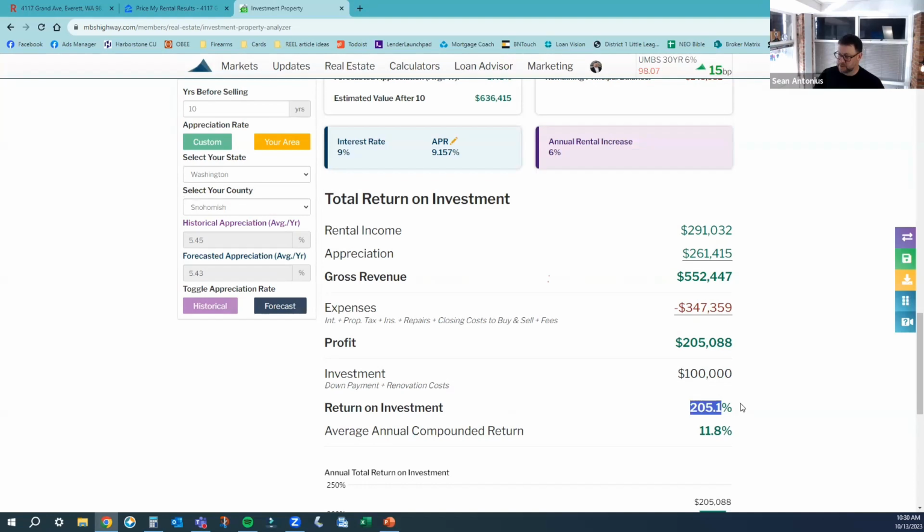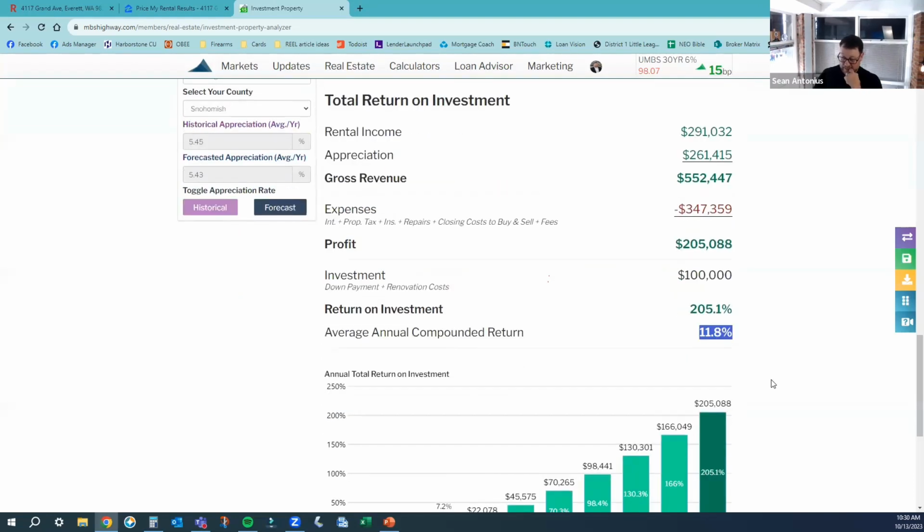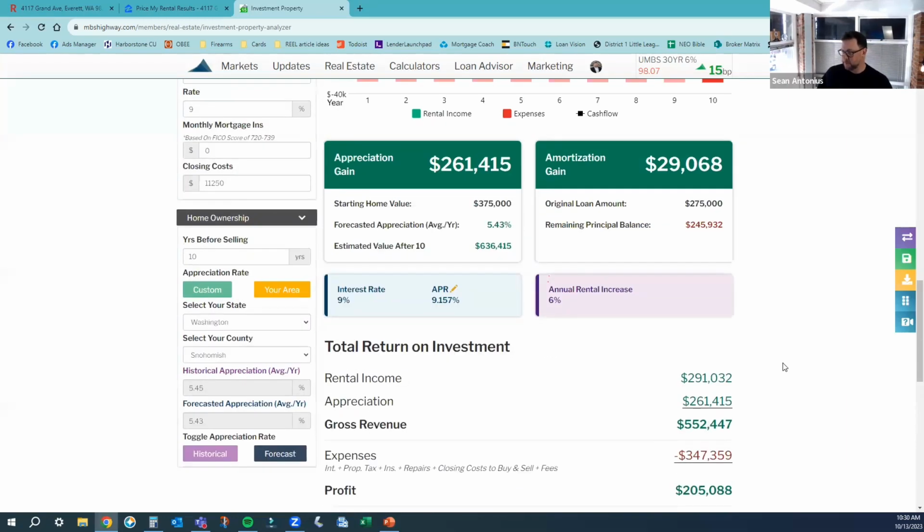So the total return was 200%, and then annualized compounded is almost 12%, which if you look at stocks or S&P or whatever, anything else you can invest in with a financial advisor, you'd be lucky to get over 10% on anything. Right. So not right now. You'd be lucky to get like 5%. I'm talking about like 50-year averages, and it's probably still not even 10%. It's probably between 5 and 10 is my guess. But right now, yeah, you're right. It's probably even worse. So